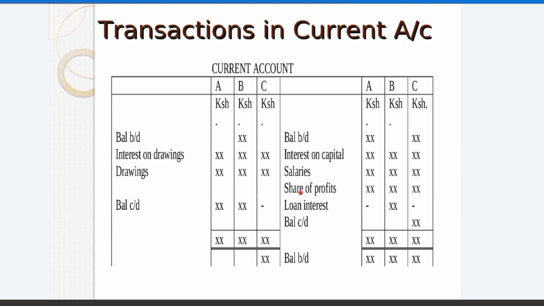Number three is the share of profits. If the partnership made profits, then a share of profits will be credited to these partners. And remember, profits are shared in the profit sharing ratios. And number four,